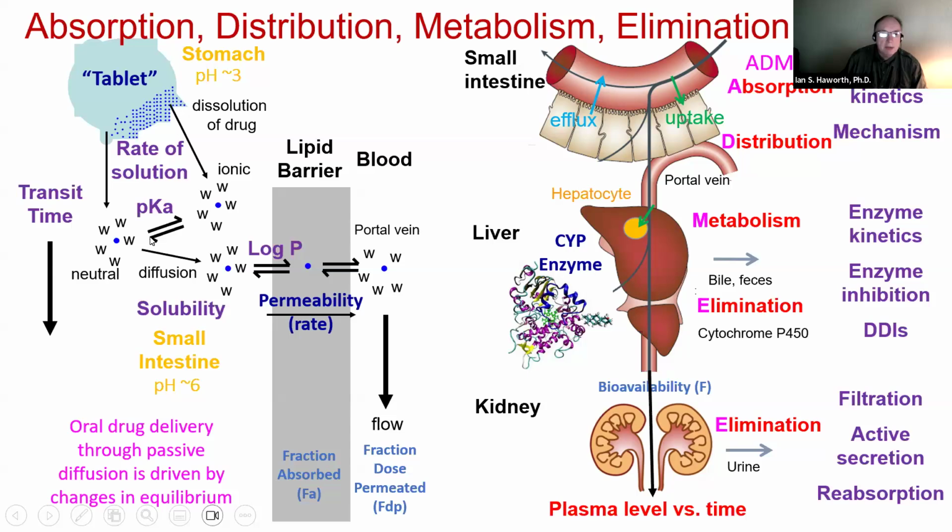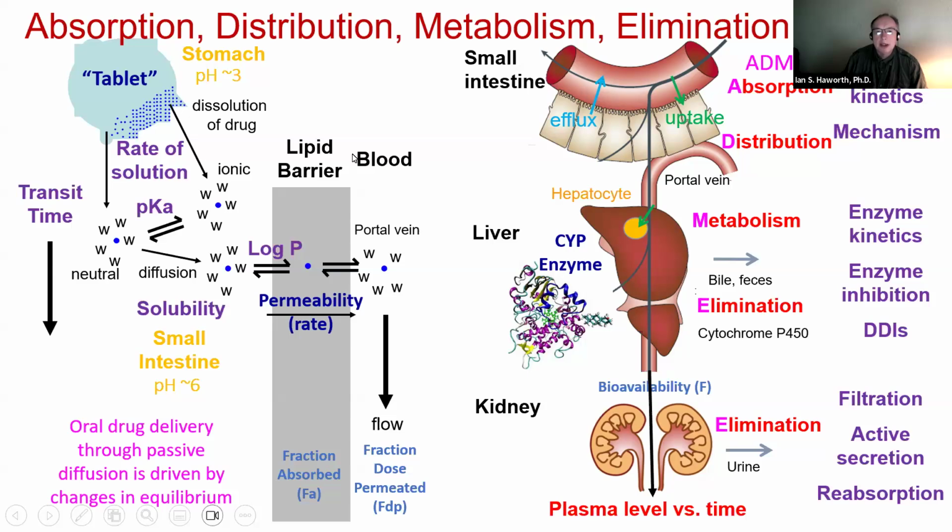So all of that's happening, but of course the other thing that's important here is that it only has a limited amount of time to happen. It's always difficult to know exactly what that time is, but let's say on the order of about 3 hours, at least in the stomach, duodenum and jejunum. And so this has all got to happen reasonably quickly. So that's the absorption piece, at least part of it. If we go over to the right here,